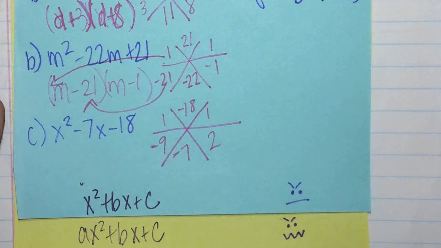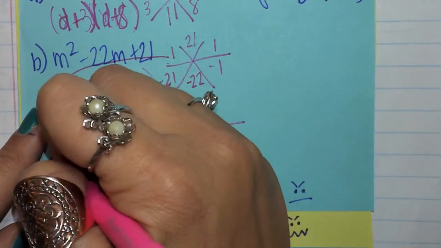All right, let me put it in parentheses. So you're going to do x minus 9